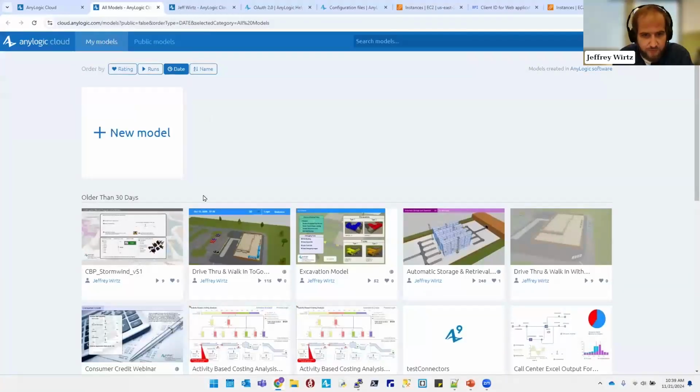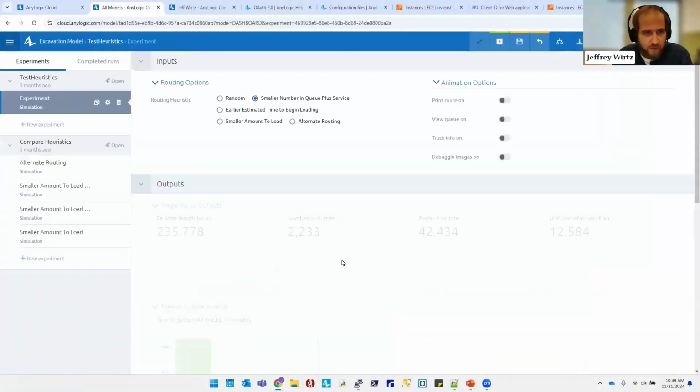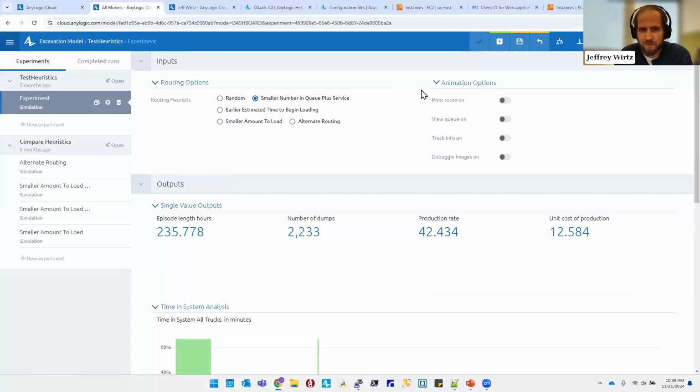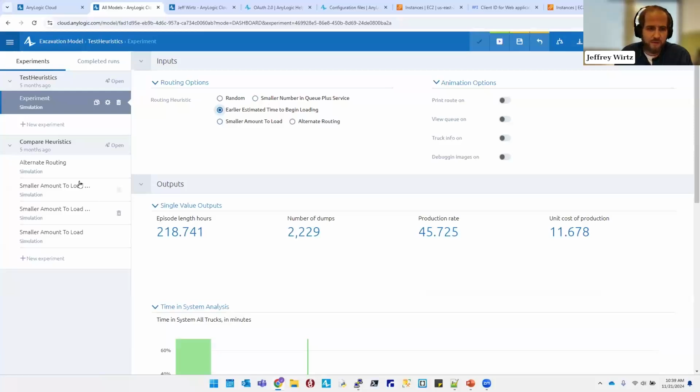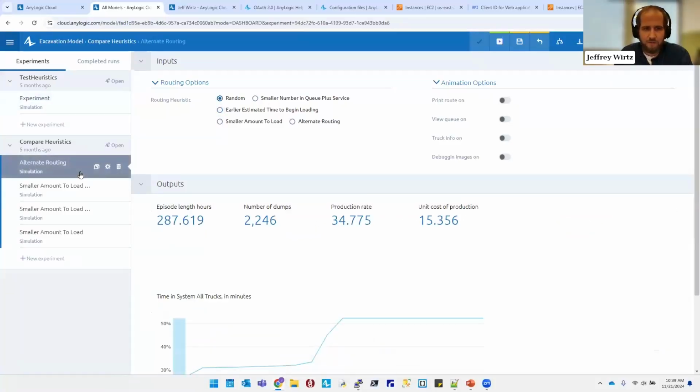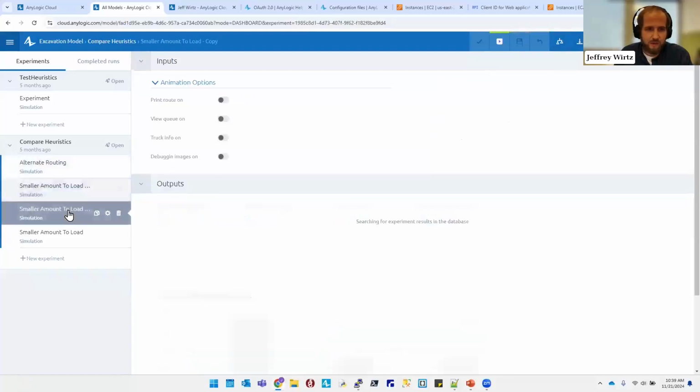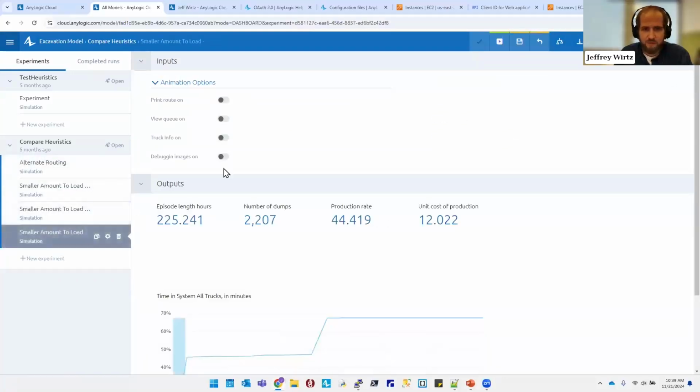Just take a moment, go to the internet. And sorry, switching to another model just because I know I have this one up and ready. So take, for example, I have a model where I have different heuristics for how I'm going to route my trucks to a dirt dumping site, and I get to analyze what effects it is going to have on the production rate, the time in system, and all those different outcomes that I might have. What I've done here is actually separated all those potential differences into different experiments that I can, if I'd like to,